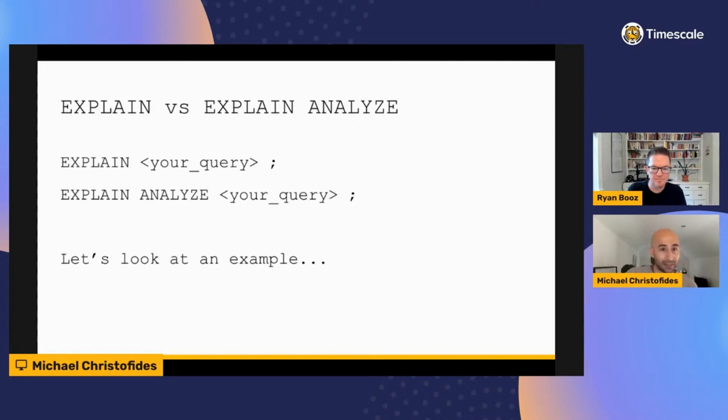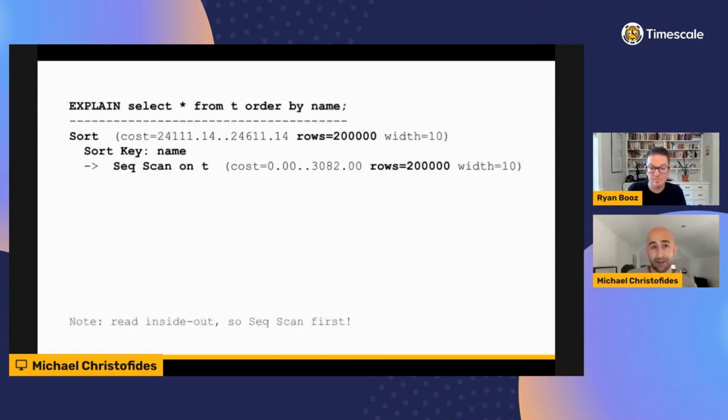So I was going to take people through an example. We're going to use this example quite a few times through this, so you'll get used to it. But yeah, super simple one. We're going to run explain on a select star from table T, ordering that by a column name. We're going to read these inside out, so kind of bottom to top. So we start at that first indentation where that little arrow is, looking at a sequential scan on table T,